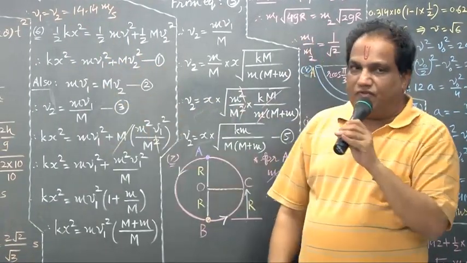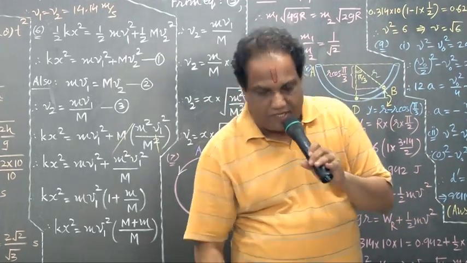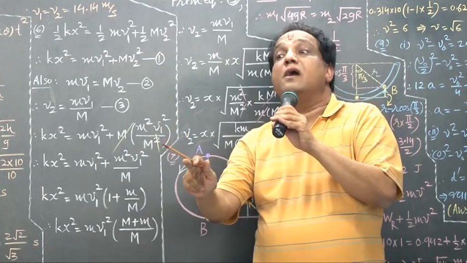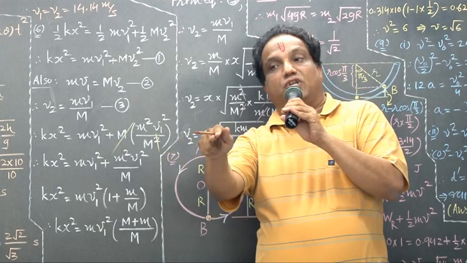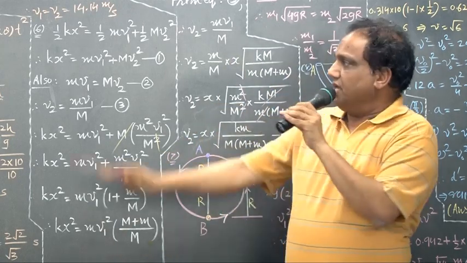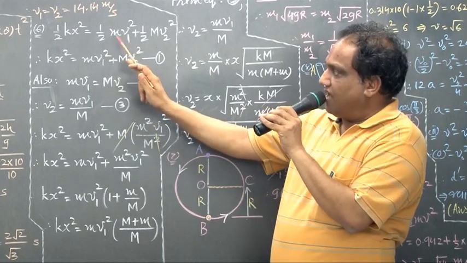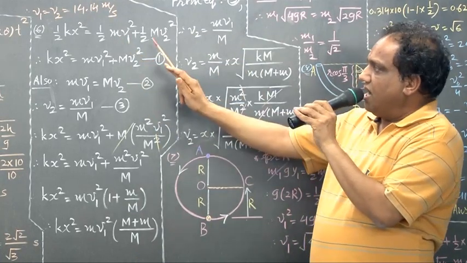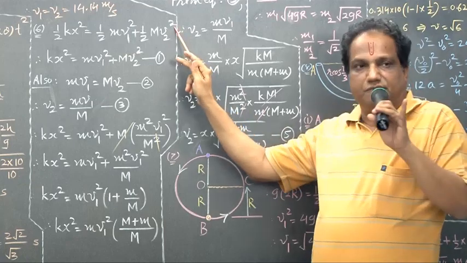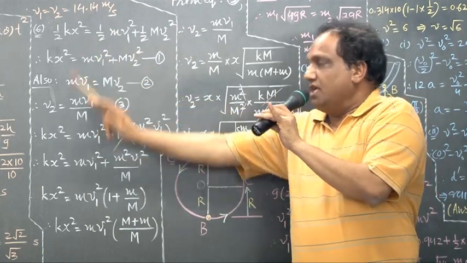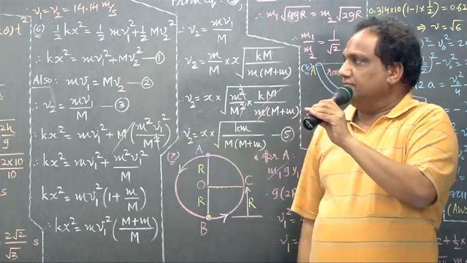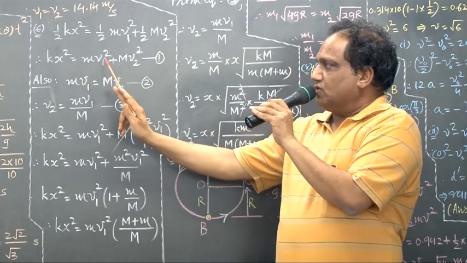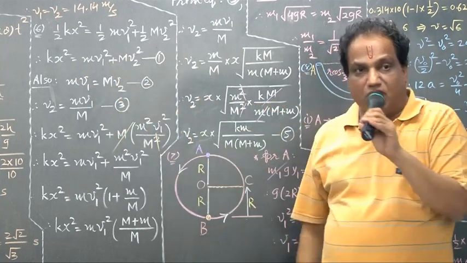According to the law of conservation of energy, here there is a decrement in the elastic potential. And at the cost of the decrease in elastic potential, there is an increase in kinetic energy of both the blocks. Increase in kinetic energy for the first block, half mv1 square. Mass they have given as small m. For the second body, half capital M into v2 square. This is loss in potential energy. This is gain in kinetic energy. The 1 by 2 cancels. So kx square equals mv1 square plus Mv2 square. Give it equation number 1.